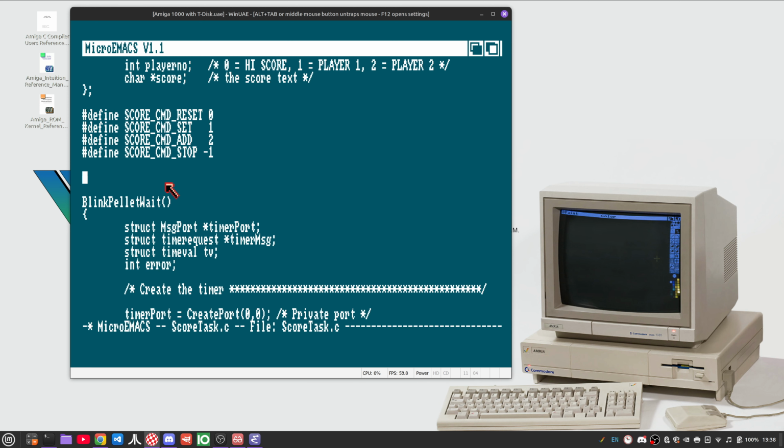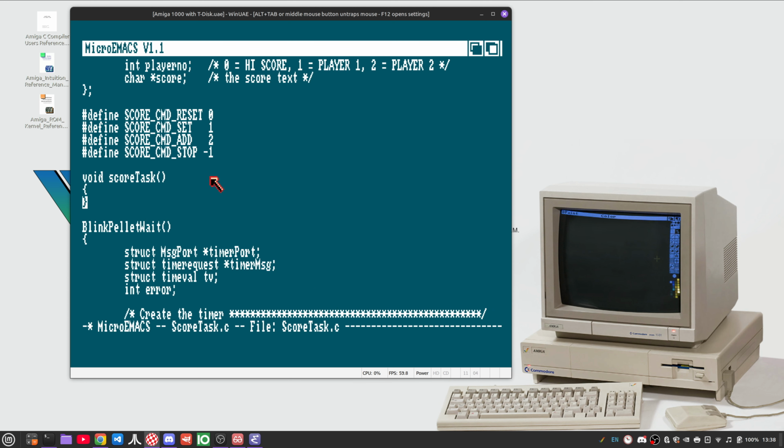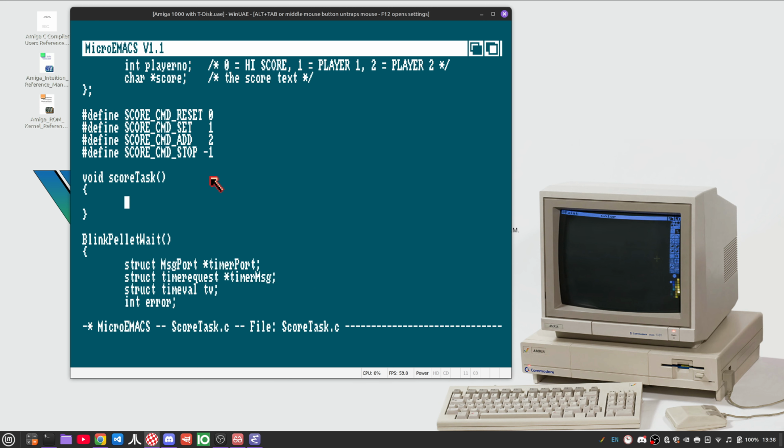Now, we need to actually implement our basic task here, and we'll call that ScoreTask. This is pretty much like everything else. We have just a standard function here. We're not going to return anything, so of course it's void. And it's just going to essentially be a